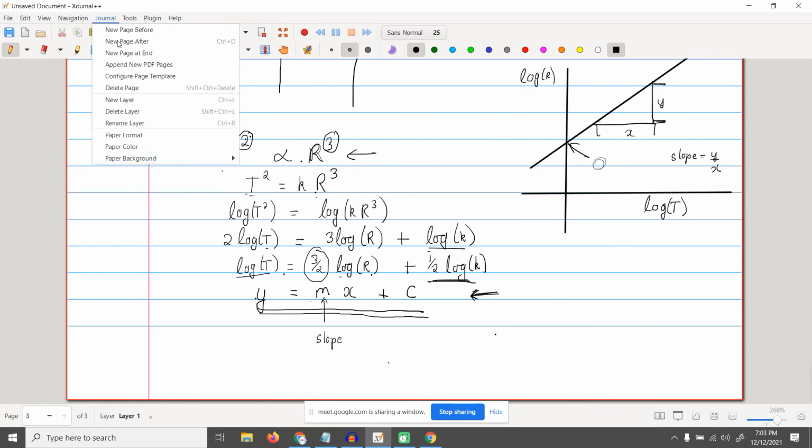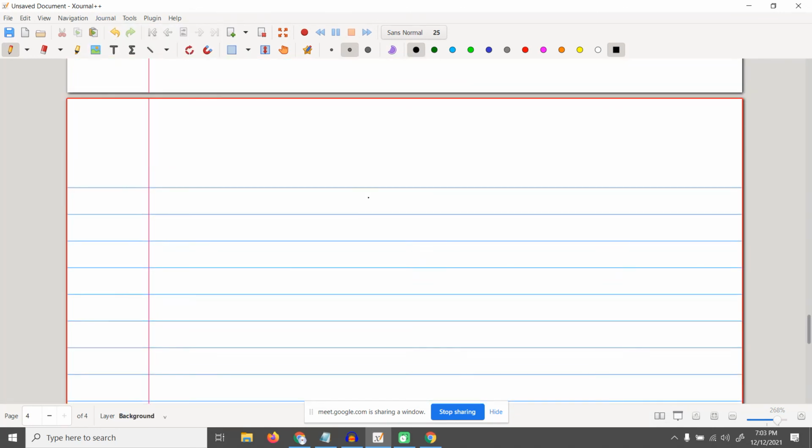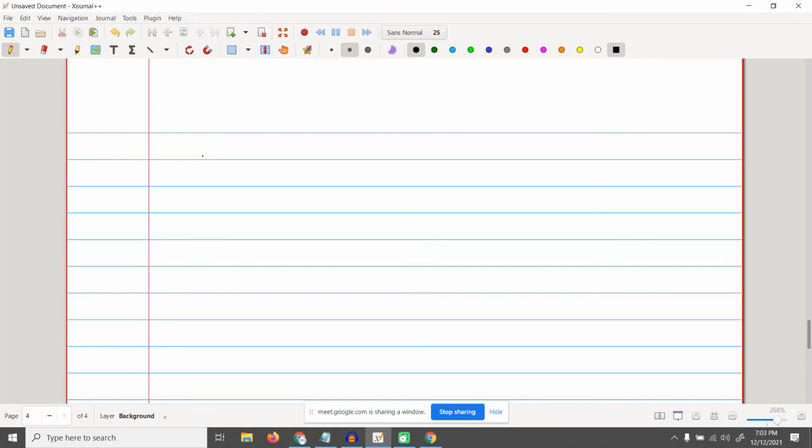Okay, one final thing and then we will stop. It's already like 7 o'clock. Let's say you have planet 1, which is at 3 AU. It's 3 times the distance of Earth. Okay, the time it takes for this planet, you need to find that out. We know that planet 2, which is your Earth, is at 1 time the distance from the sun. We also know that the time that Earth takes is 1 year.